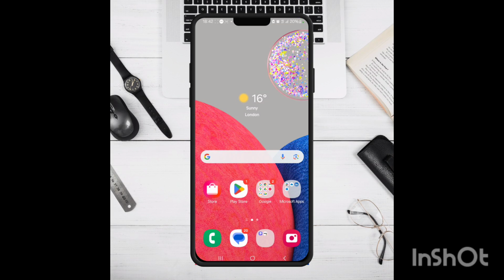How's it going? In this video I'm going to show you how to change wallpaper on Android. So it's pretty simple. What you want to do is find an empty area on your home screen and press